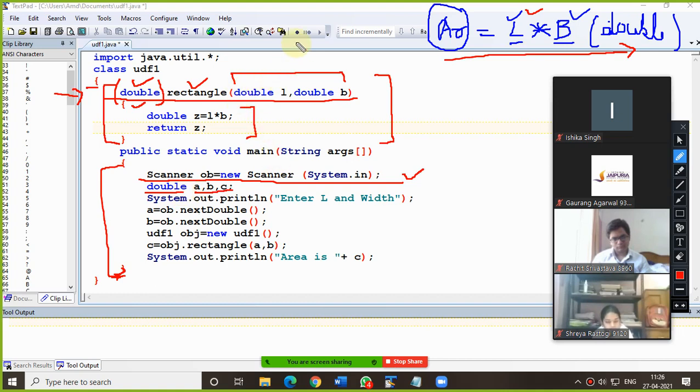So now see the number of parameters. How many parameters were there? There were 2 parameters. That means only 2 things we are supposed to take as input. And the parameters were of double type, so we have taken input of double type only. This must be clear, I think, right? So now, after inputting that number of parameters, as mentioned in the function prototype,